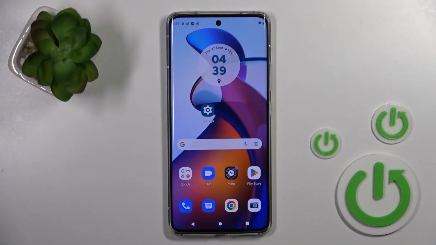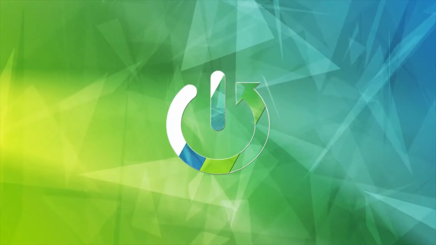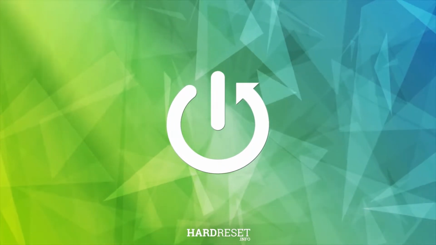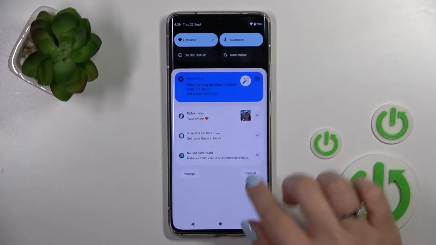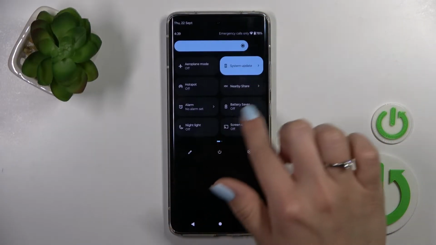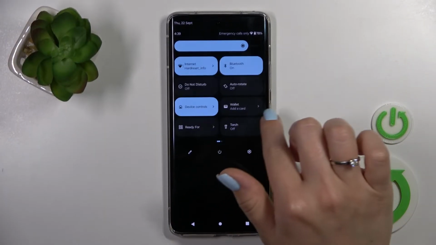Welcome. In front of me is the Motorola Edge 30 Fusion, and I'll show you how to edit notification panel shortcuts on this device. So first, let's open the notification panel shortcuts, and now if you want to add some icons here, or